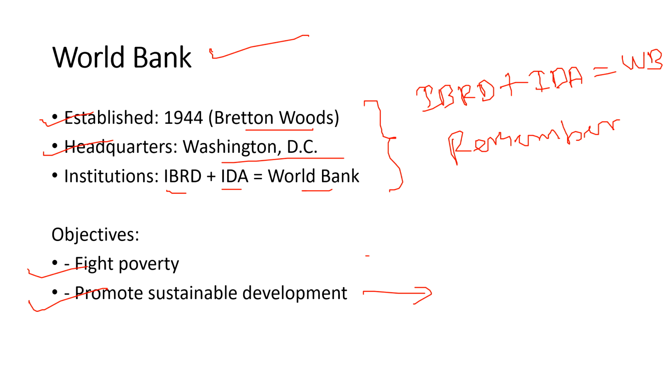Understanding? So what I'm trying to say is that World Bank is the bank which is not just providing monetary help. They are also providing some kind of fund facilities and monetary facilities for fighting the poverty, reducing the poverty, right? Promoting the sustainable development. Understanding? So very important. One more thing I want to add here. World Bank is also